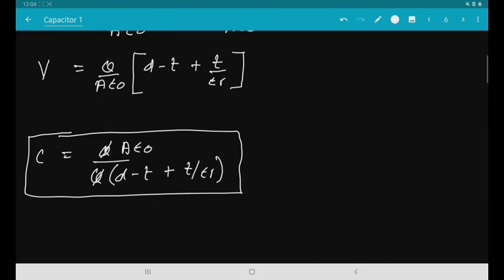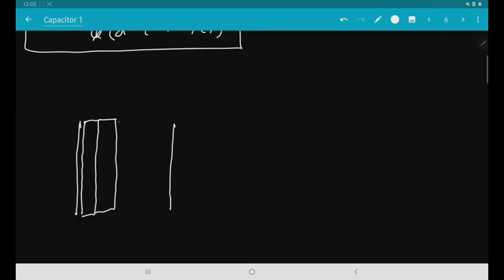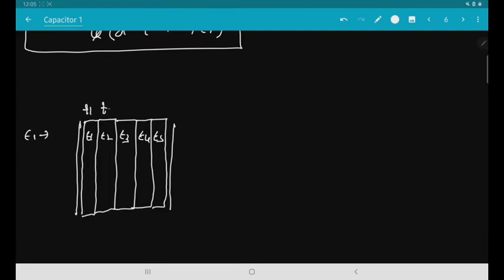Again there could be a case of lot of dielectrics. Let me see if I have created a slide. There may be a case in which the space between the plates is fully filled by sections of dielectrics with different relative permittivity. Let us say they are fully covering up to here. Let us say this is epsilon 1, epsilon 2, epsilon 3, epsilon 4 and epsilon 5. What I am writing is the relative permittivity of different dielectric mediums. Let us say this is of different thickness T1, T2, T3, T4 and T5.